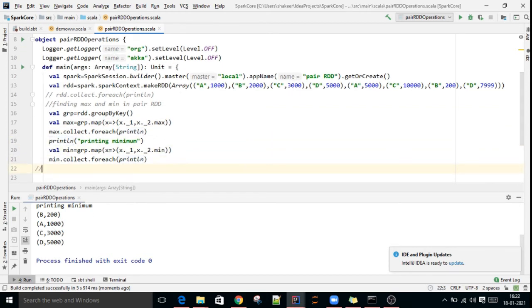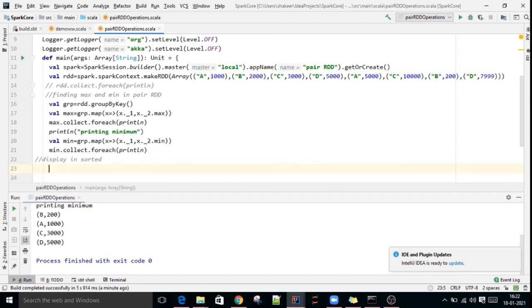Next requirement: display in sorted order of values, suppose 10, 20, 30, like that. How to do that?